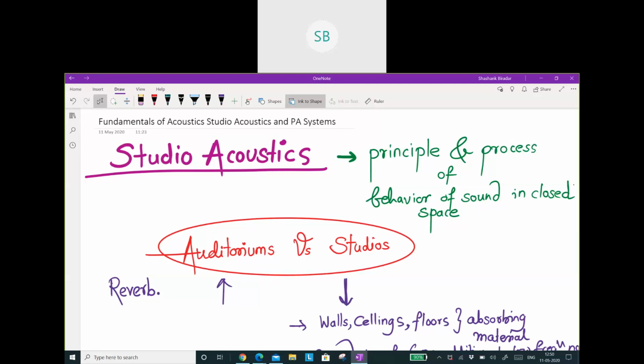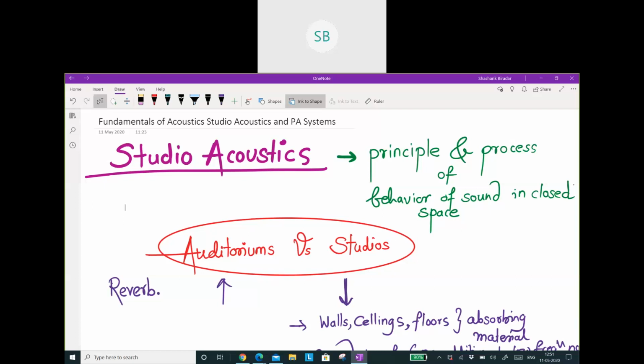If you are playing musicals, or if you want only vocals or speech, then you need to set your reverberation time as far as your application is concerned. If you want to play musical instruments in the auditorium, then the reverberation time should be more. And if you want to have speech, then your reverberation time should be very, very